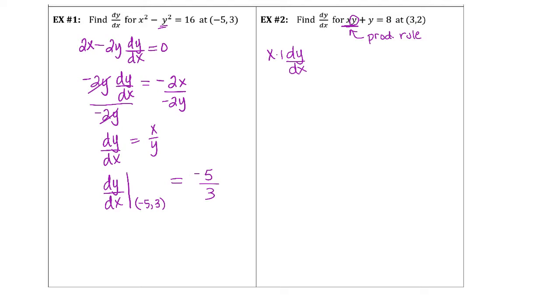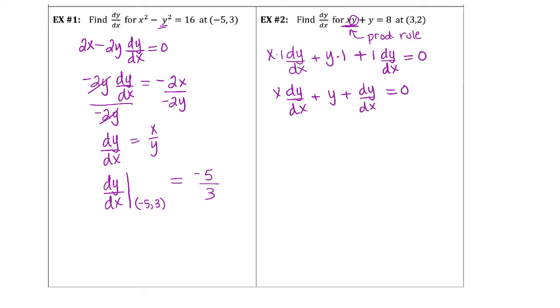So that's first times the derivative of the second plus the second times the derivative of the first, plus the derivative of y again is 1, but we note it with dy dx, and that's equal to 0. And again here, let's clean up all those 1's. So we really have x dy dx plus y plus dy dx